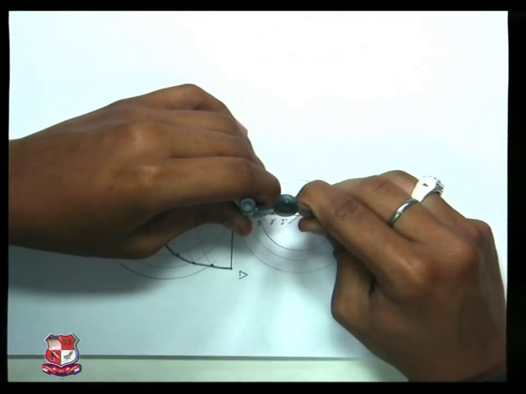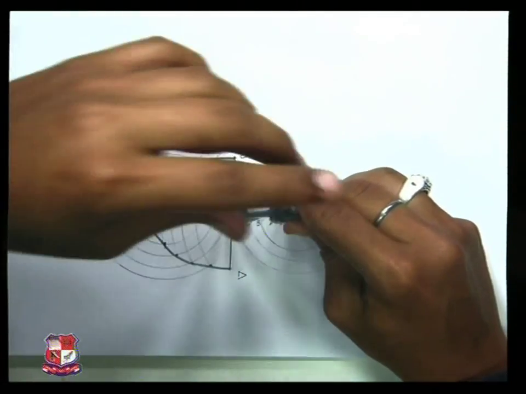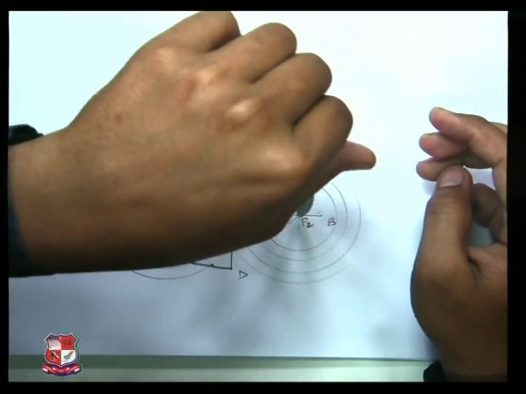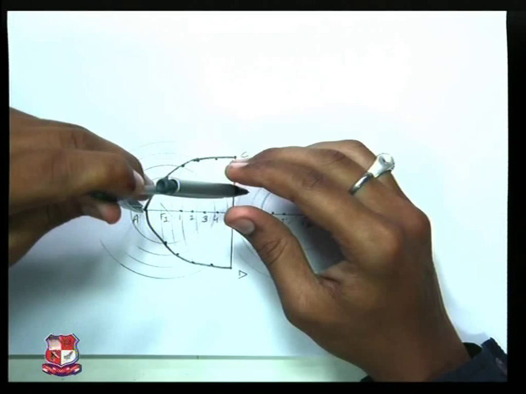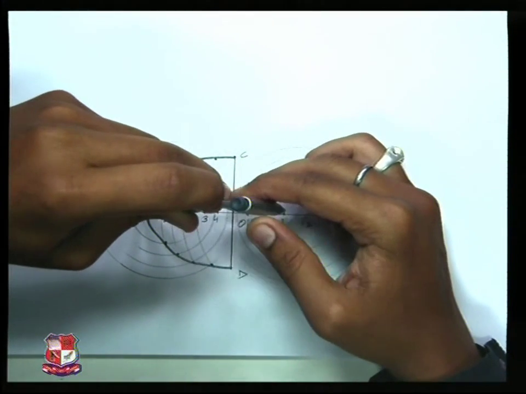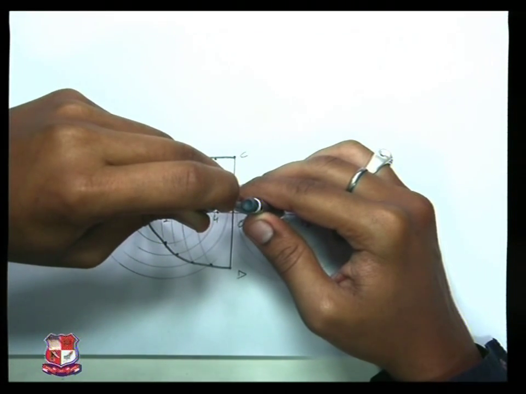B4 dash as radius, F2 as center, draw an arc. Now from point number A1 dash as radius,